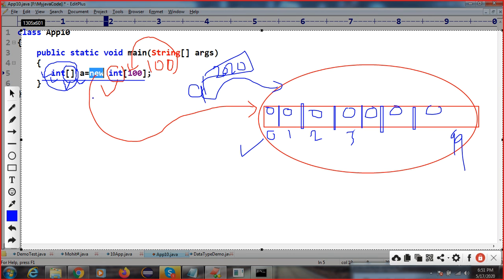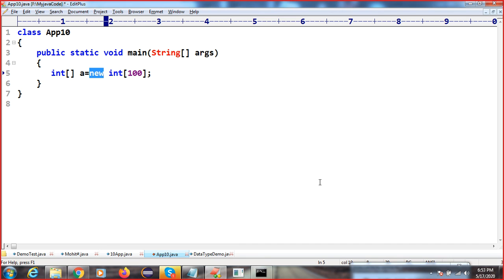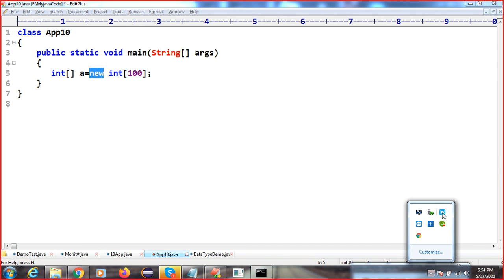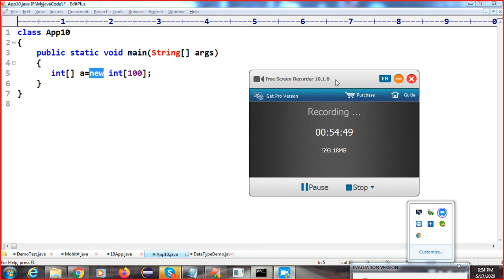So why do we use an array? I have just given some overview of that. In the coming session we will explore this array, because some of the people also want to learn the array concept. I will inform them. They will also join and I'll teach them. Okay, so I'm stopping your session now.